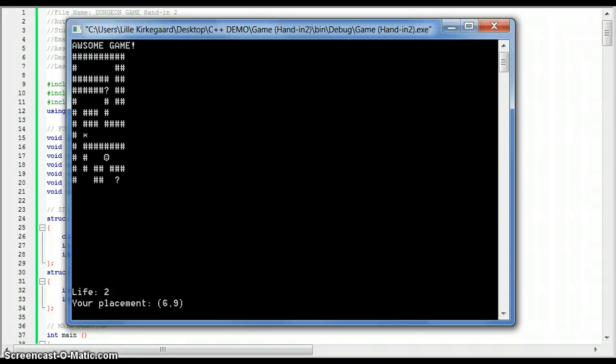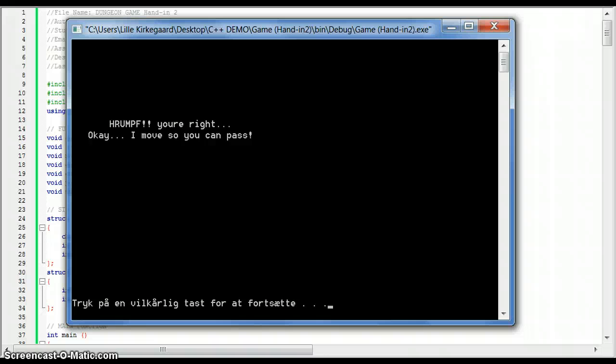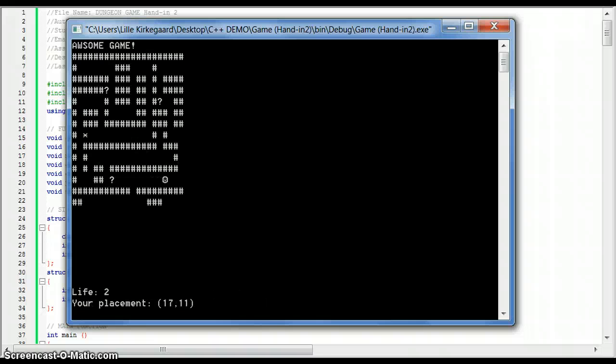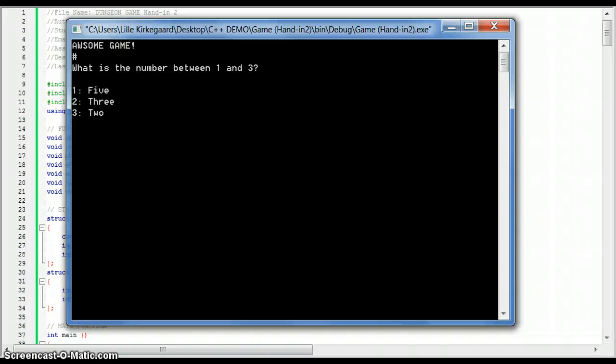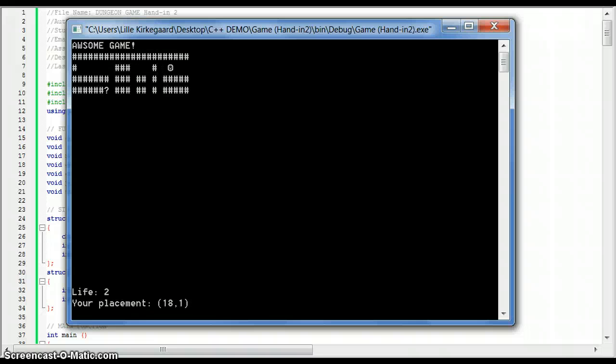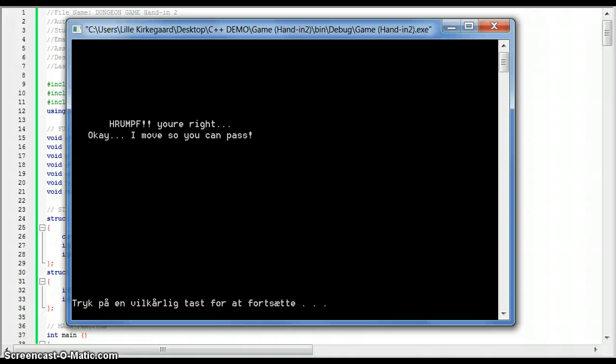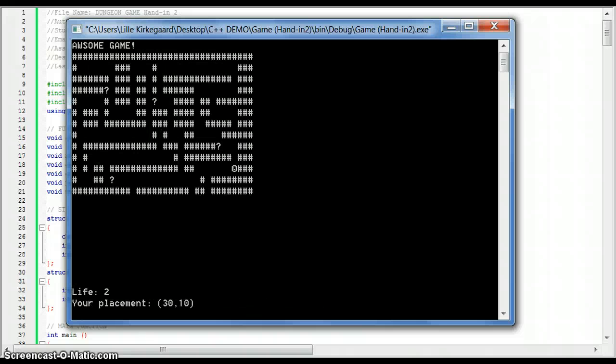Yes. And then, as you see, it's an exploratory maze. How many dogs do I have? I have 1. And there's a line. And then 2. It's quite easy questions, but it's just to get an idea of it. And we go down here, and we go down, exploratory, and he forgets all the time. He's a silly man. He goes down,